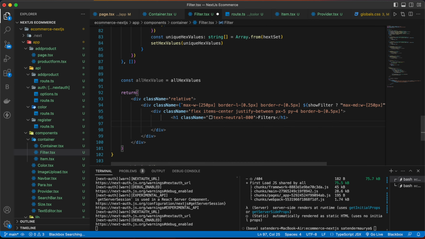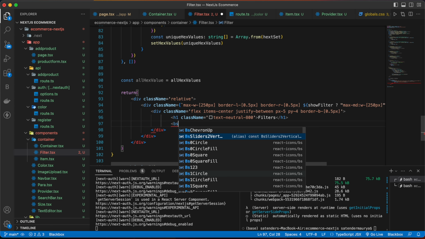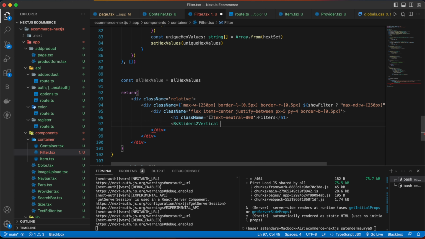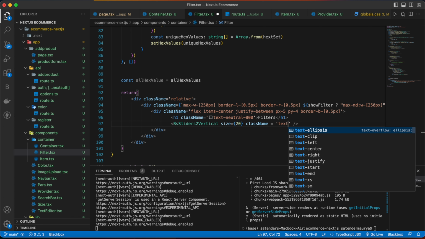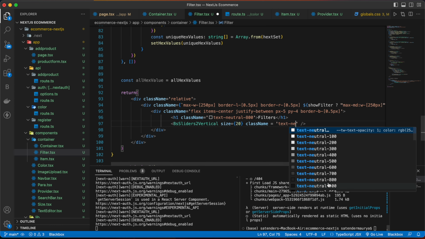Then we are going to use our icon, which is BsSliderVertical, then close it. Now size will be 20 and then class name text neutral 600.